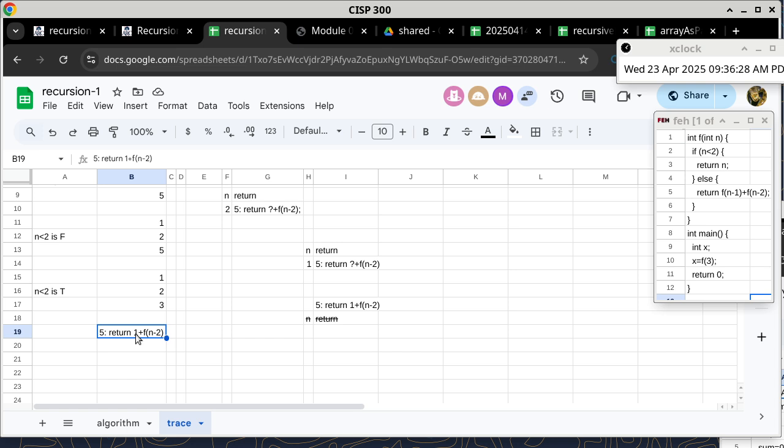So this time I'm going to go a little bit slower. Okay, we'll look from the perspective of the new line 5 and ask, okay, we're not quite ready to execute the return. We have to call f again, but this time with n minus 2 as the argument. So now without labeling anything, let's find out what is n minus 2 right now. Okay, so let's do that. When we look at a variable, which is n in this case, how do we find the value of the variable? Yes,